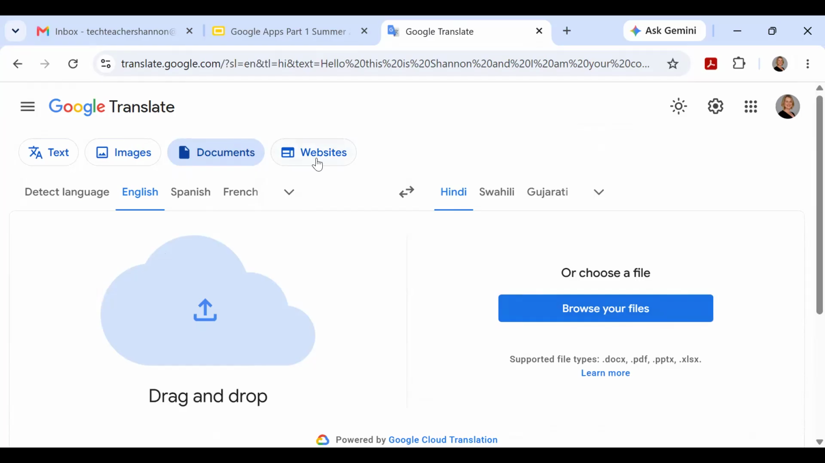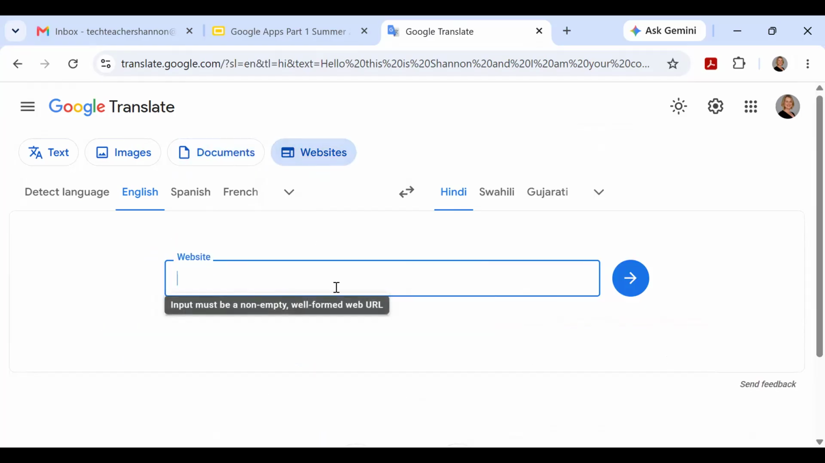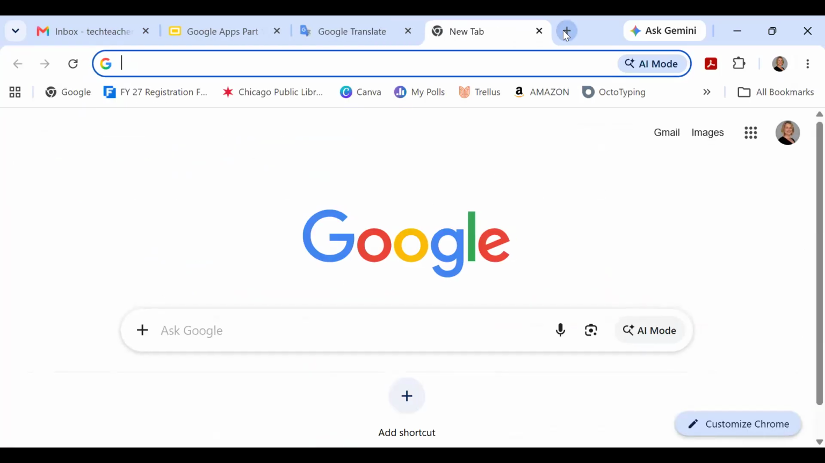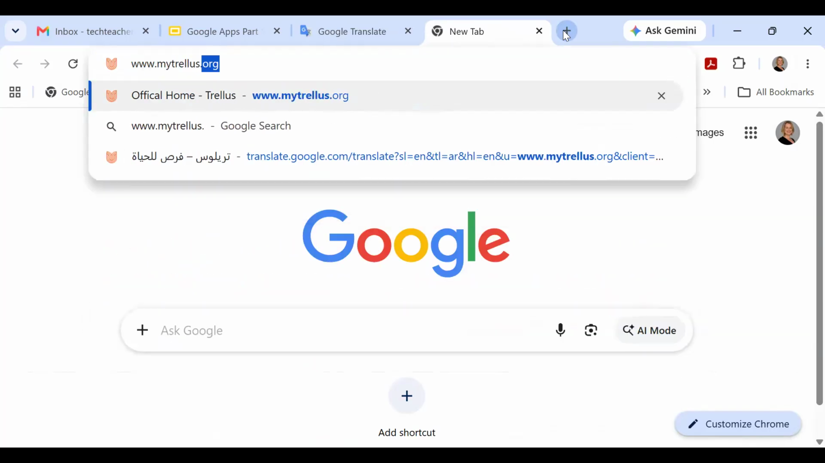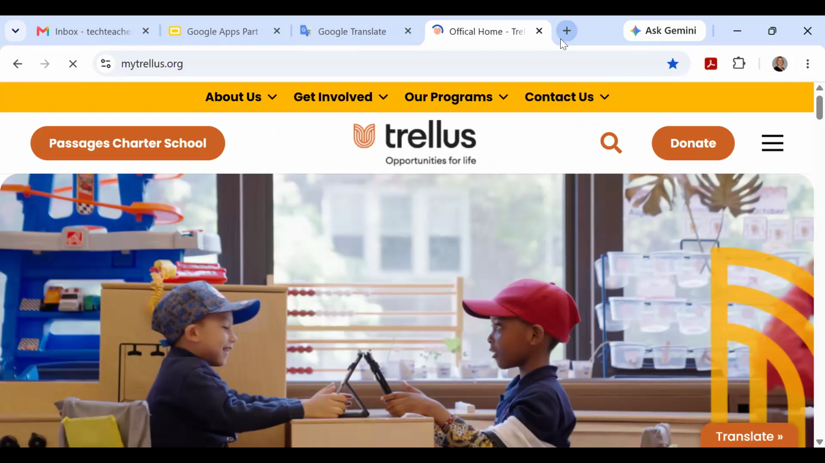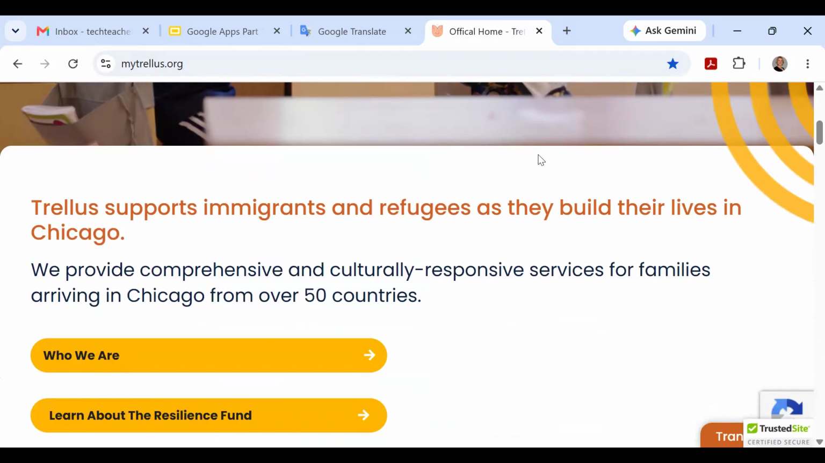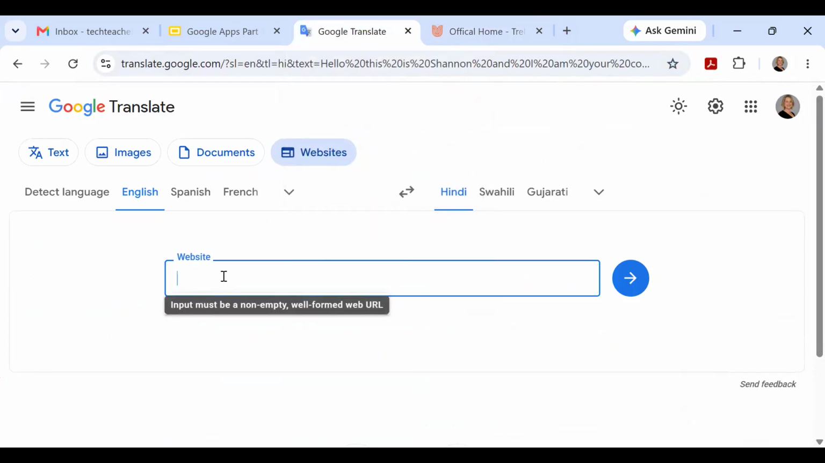You can also translate websites, and we're going to do that here. So I'm going to type in the Trellus website, but let me show you the Trellus website first. The Trellus website is www.mytrellis.org. And the Trellus website is in English. I'm going to have that website translated from English into Arabic,